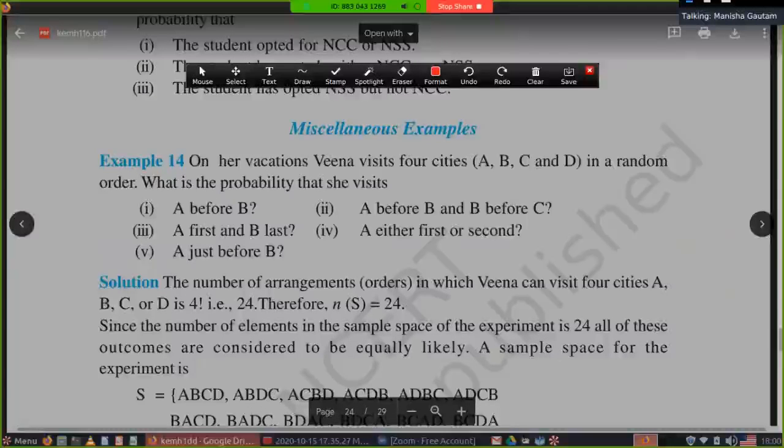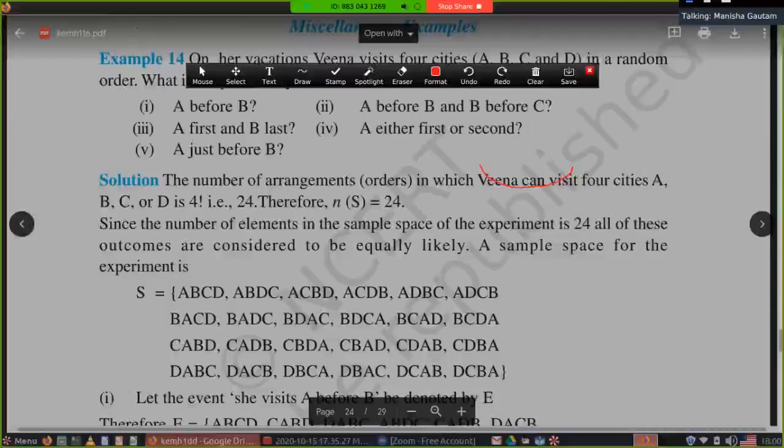As 4 cities are given to you, first we have to take A and B fixed. You can see here A and B fixed. Take C and D and now interchange these two, C and D, you are getting DC. Now with A, first you have fixed B, now second you have to fix C with A. It means AC is fixed, then BD and DB. Now along with A, the third term will be D.